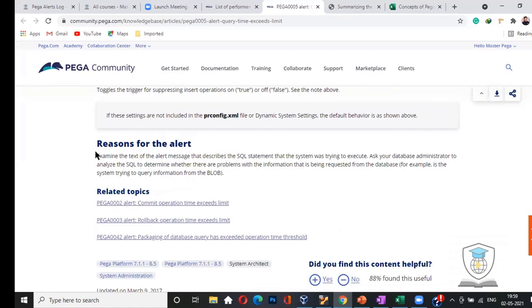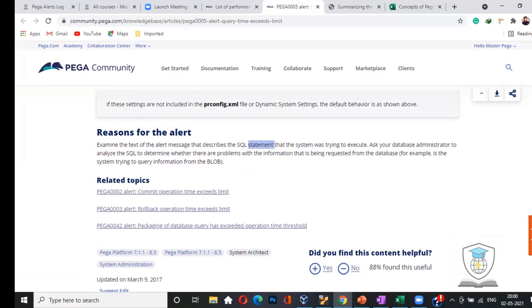It gives the exact reason why Pega is considering this as an alert. They are saying that after examining the alert message, the SQL statement that the system was trying to execute, basically the SQL query that we have made, is quite heavy. Okay, it is taking much time to execute. And what can be the reason for this? Why is the SQL query taking so much time?